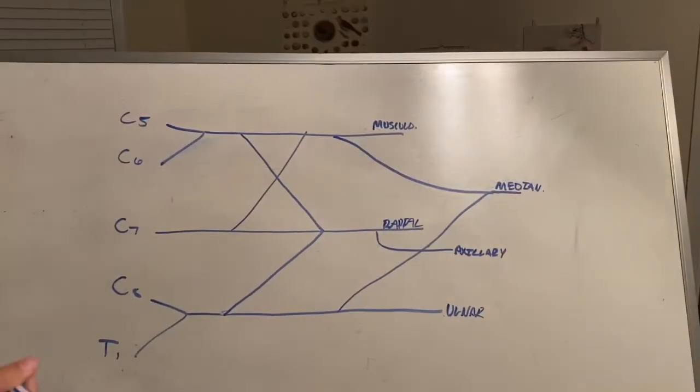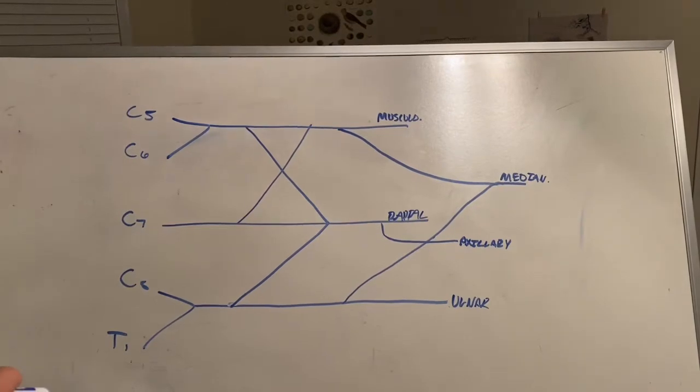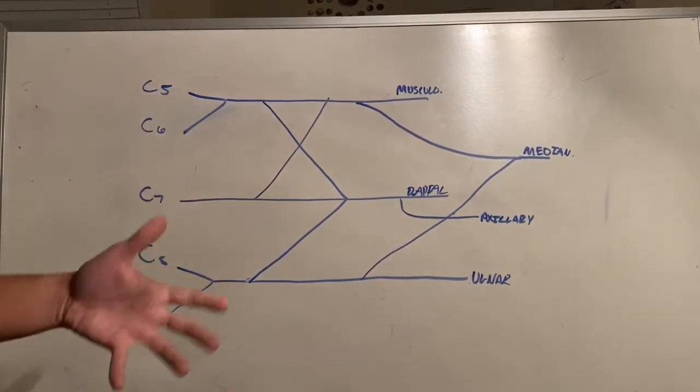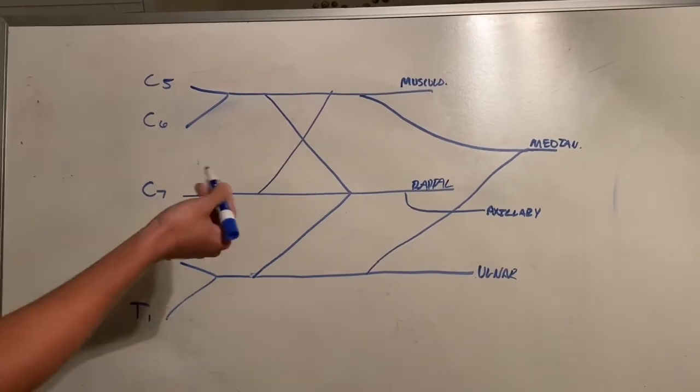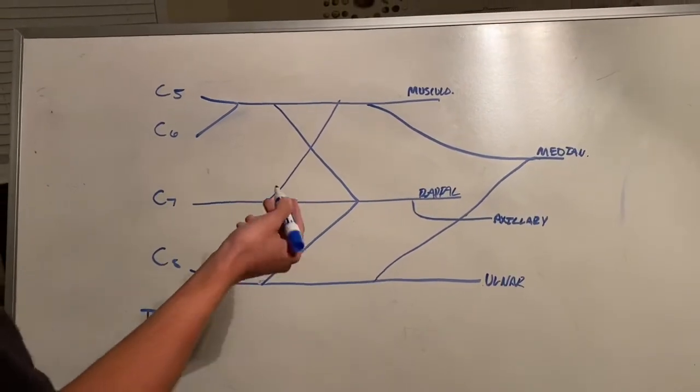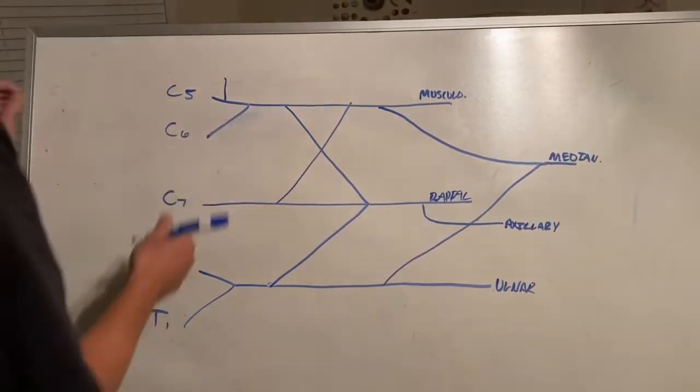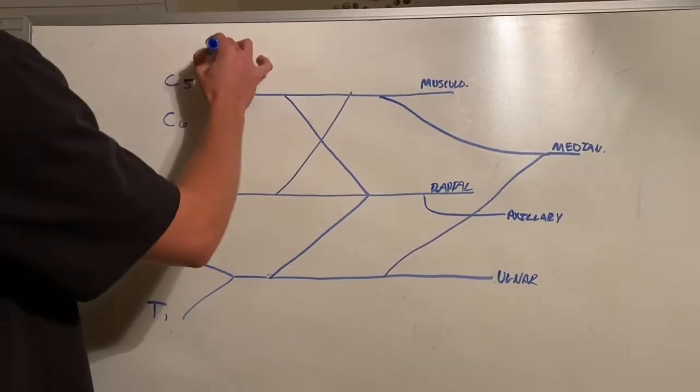All right, guys, so this is just a simplified version of what Cassidy just went through with you all, just without writing all of the words so that it's a little bit more cleared up. And so looking at some of the nerves that you're going to want to know and memorize, starting off at the top, you're going to have your dorsal scapular nerve. And so I'll write that in real quick, abbreviated,